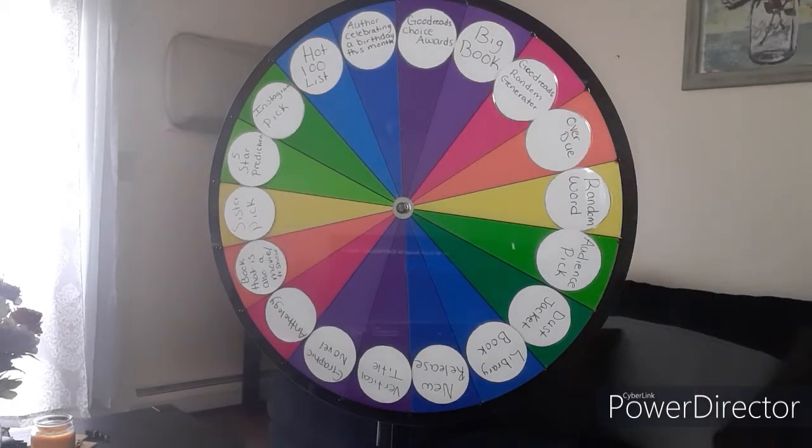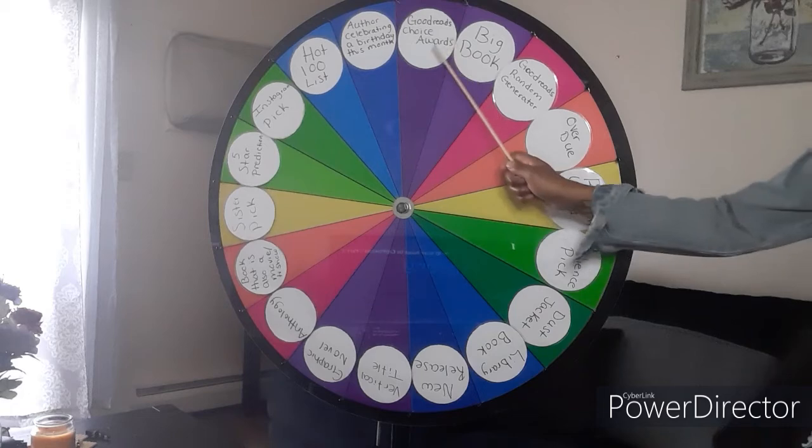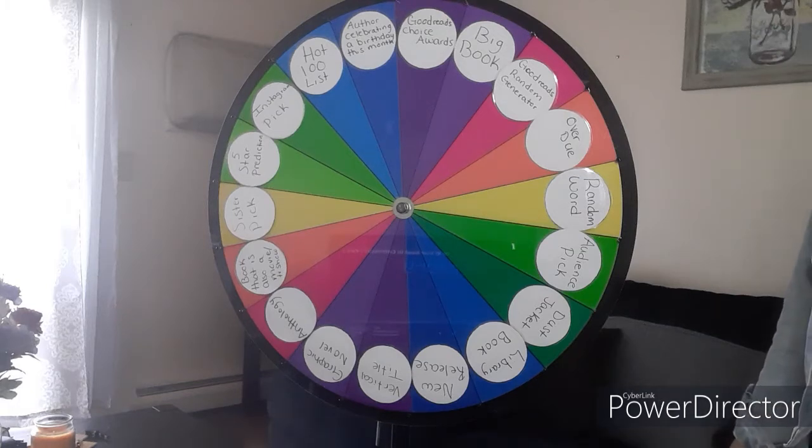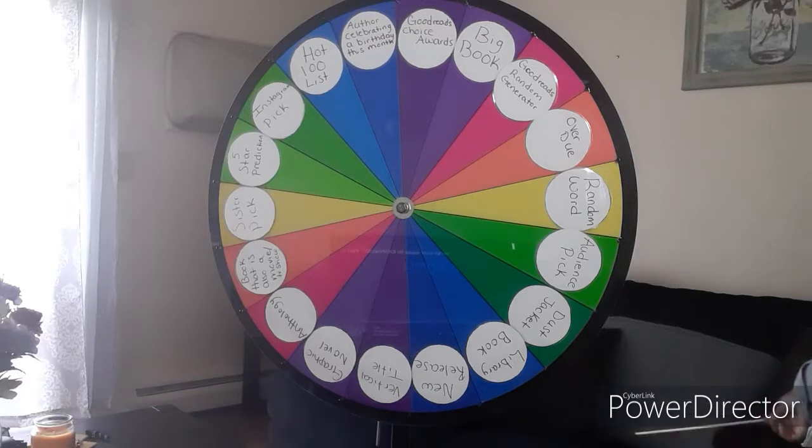Goodreads Choice Awards. I have the best books from each category from the 2019 and 2020 Goodreads Choice Awards. I printed them out and I'm trying to work my way through those categories for best fiction, best fantasy, best mystery thriller, and so on and so forth. So if the wheel lands on Goodreads Choice Awards, I am going to choose one of those books from one of those categories that I would like to read and pick one of those books to read. So if it lands on here, for instance, I can go to my reading journal and look at the best fiction books from the 2019 Goodreads Choice Awards and choose one of those off of that list to read. Big Book,